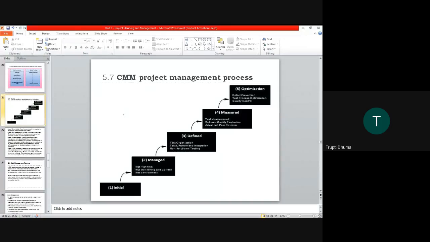We are not going for a dynamic level, but it is at a static level. And when I say that this is proper, it is going properly, then I will go for optimization. I want to achieve the optimization over there. What is optimization? It is focusing continuously on improving process